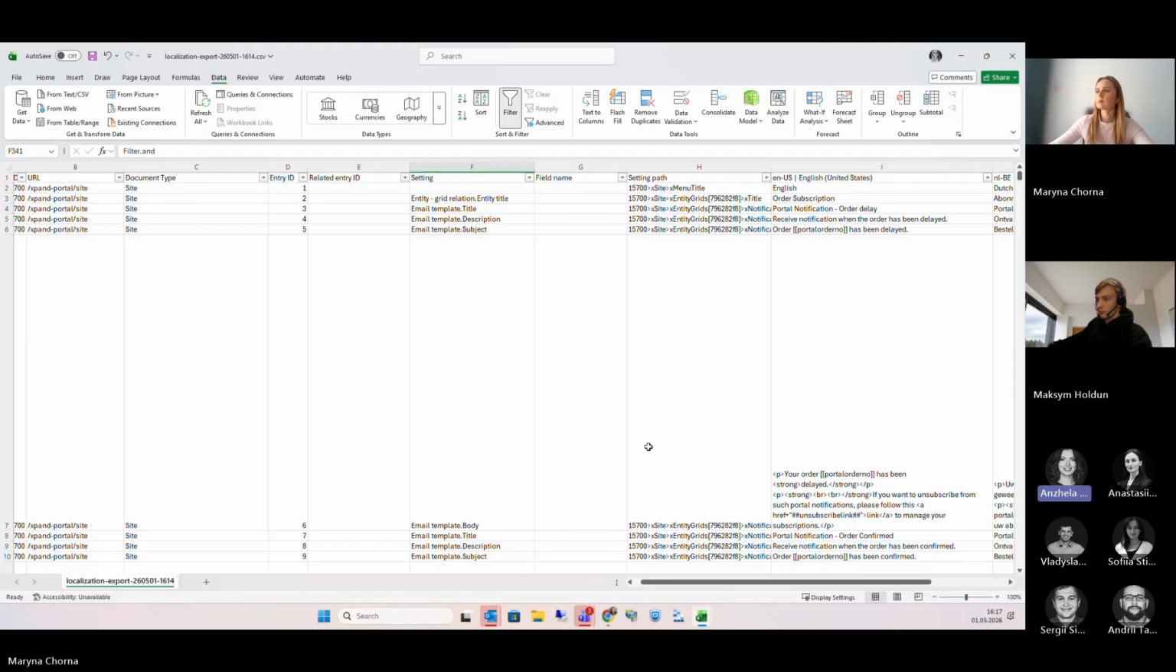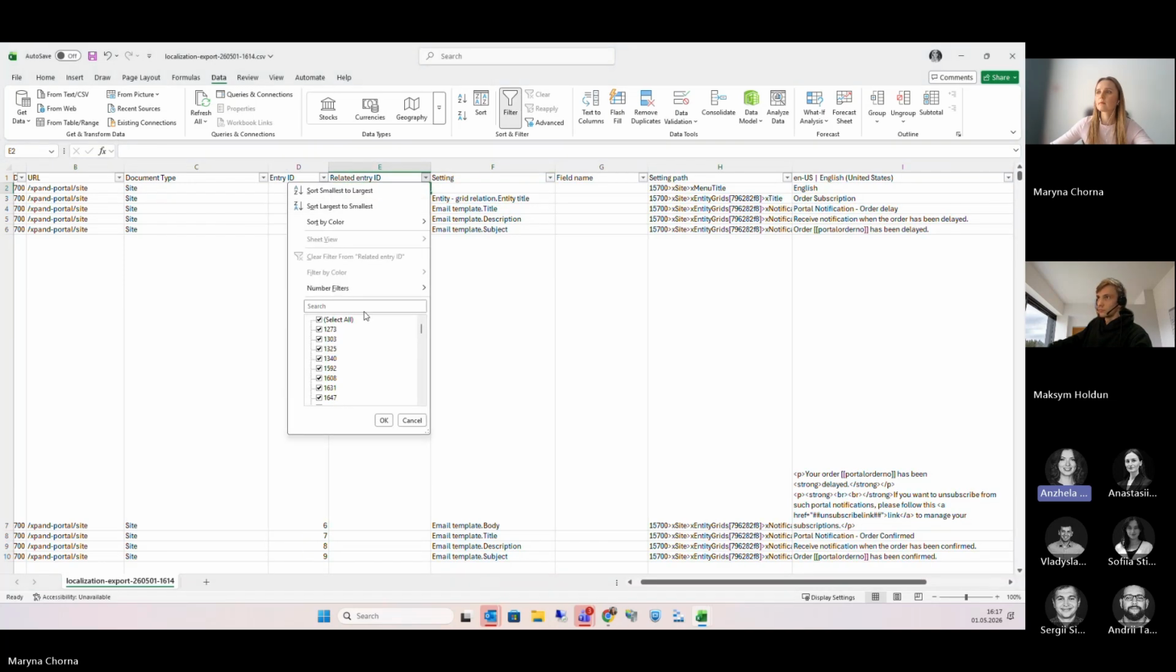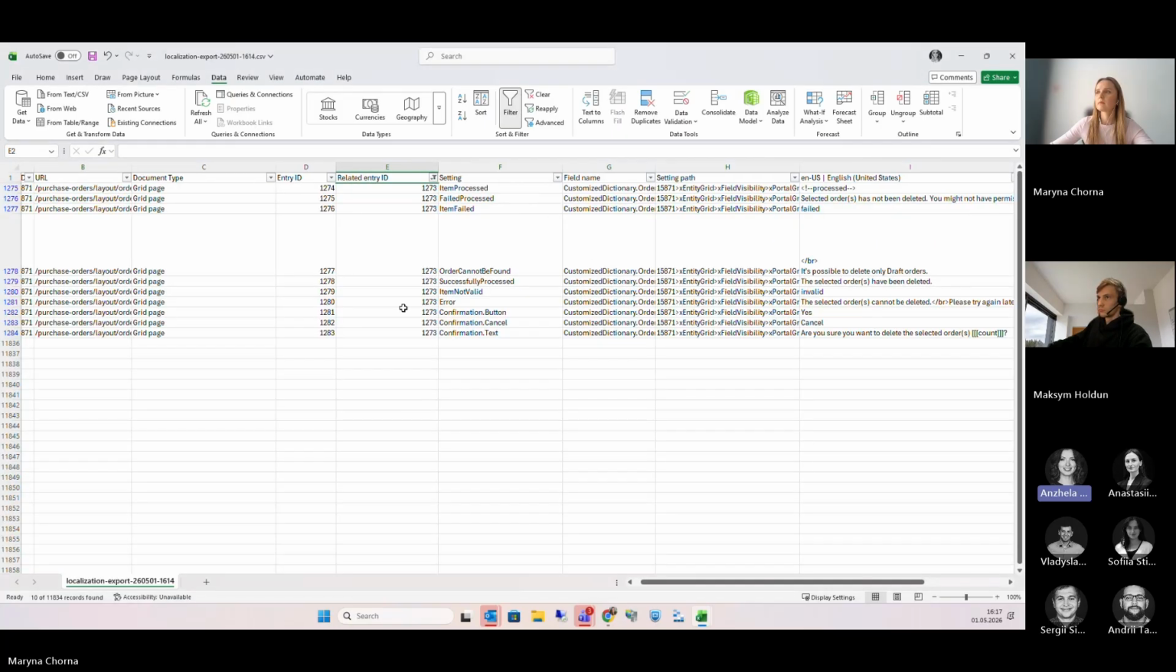Maybe something to add, Marina, maybe you are going to add that. So you can see this also in columns D and E. It says entry ID and related entry ID. So in some cases, you will have information that you are translating some setting that is located on some page. So it can give you more context. For instance, here we know that on this grid page,